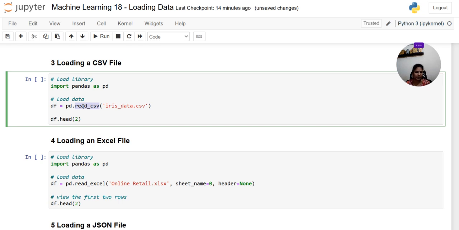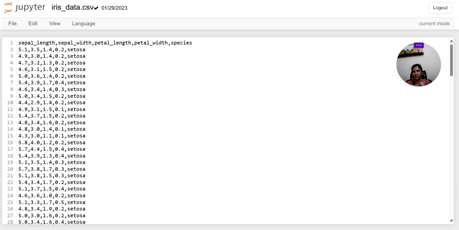There are two things to note about loading a CSV file. First, it is often useful to take a quick look at the contents of the file before loading. Here we have the iris data, and kindly see, we are able to see it without loading the data itself. And second,